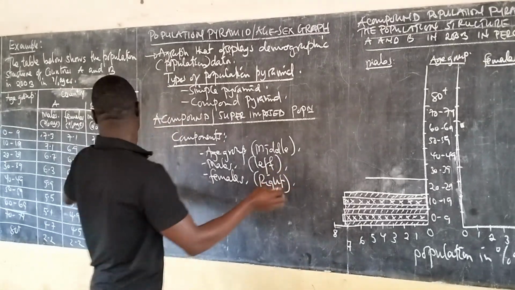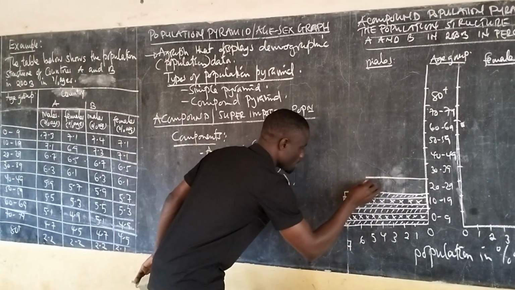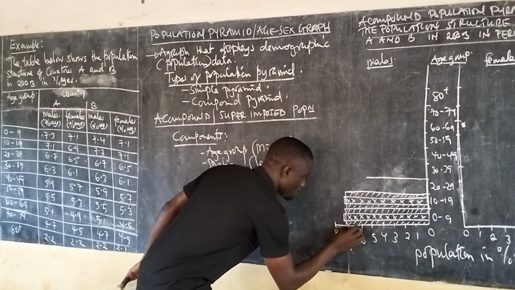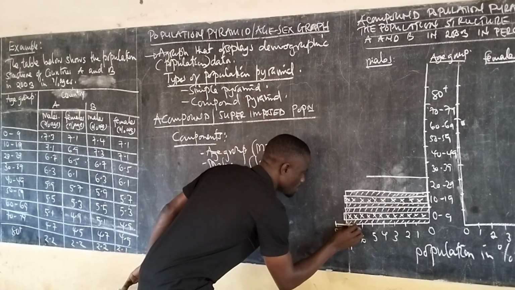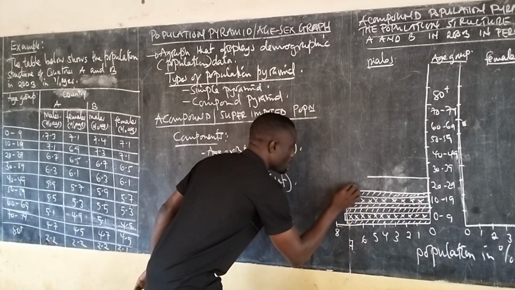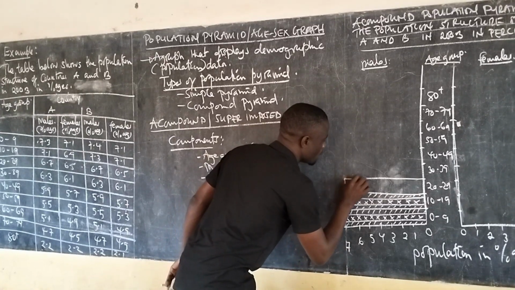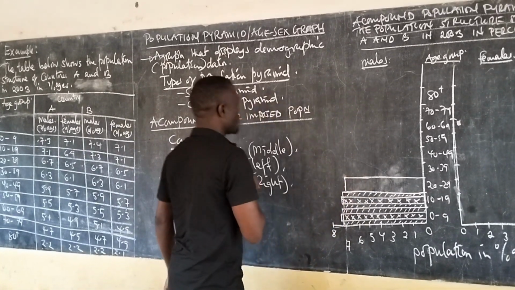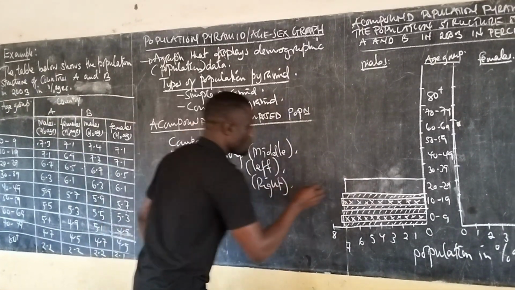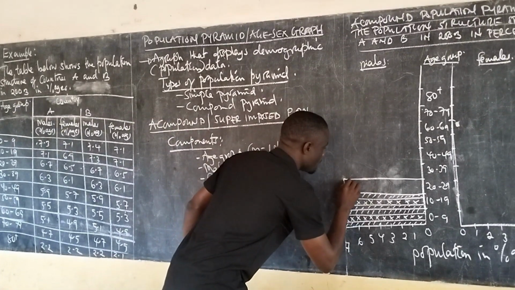6.7, 6.7. Use a ruler. 6.5 is going to be here. 0.7 can be around here. I'm approximating, but for you, use a ruler such that you draw accurately. Because they are the same, that means we are going to have the same